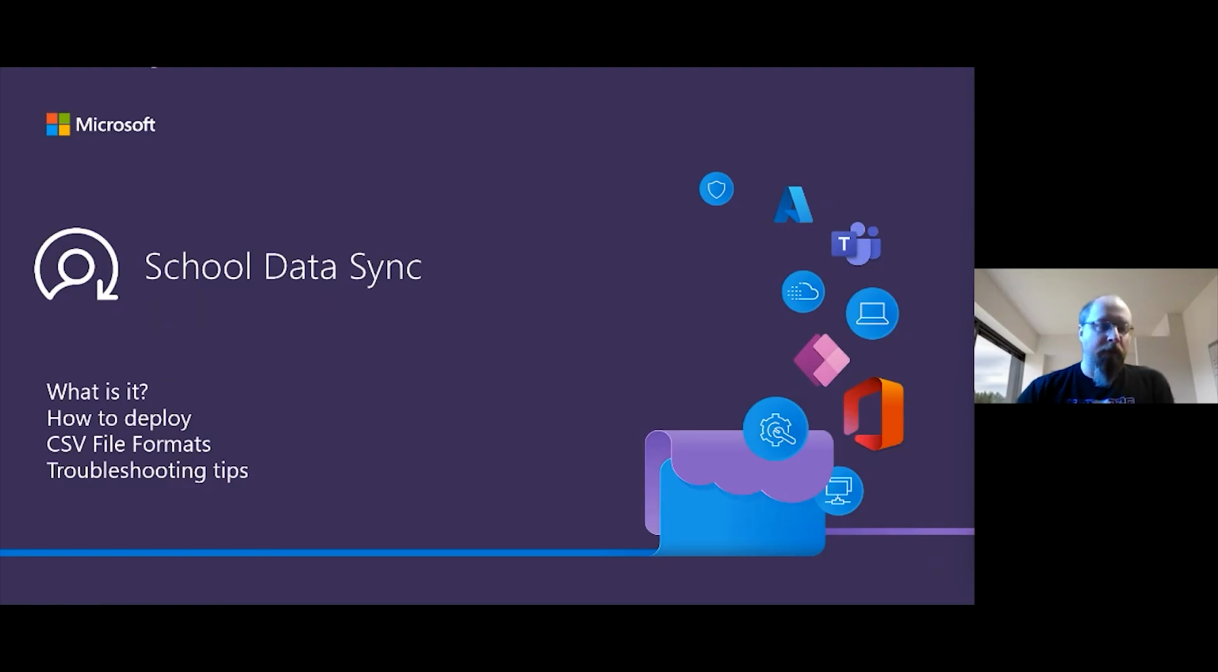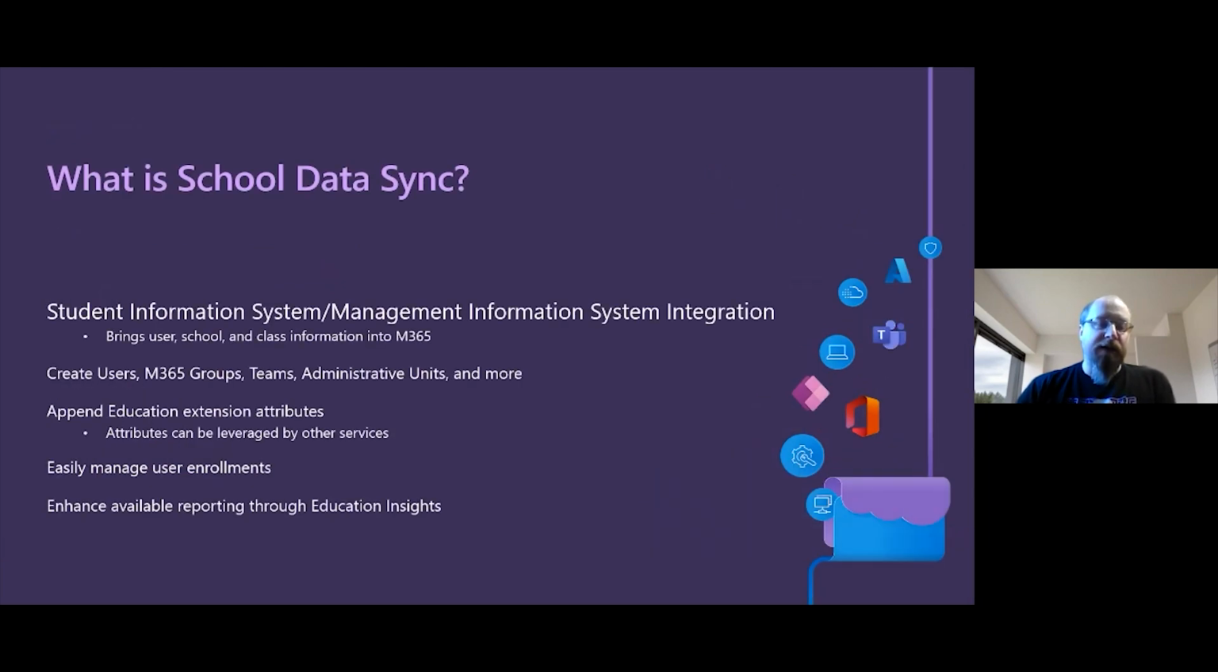What SDS is: it is an identity management as well as a student information import system. So any SIS or MIS, a management information system, can be linked with SDS in a couple of different ways. The most common is going to be with CSV files, and that information is brought into your Office 365 tenant. With this, it can create users, M365 groups, which then get turned into teams, administrative units, security groups,